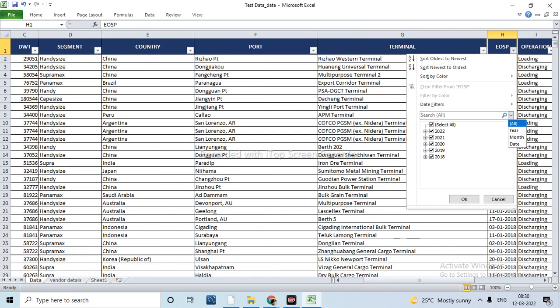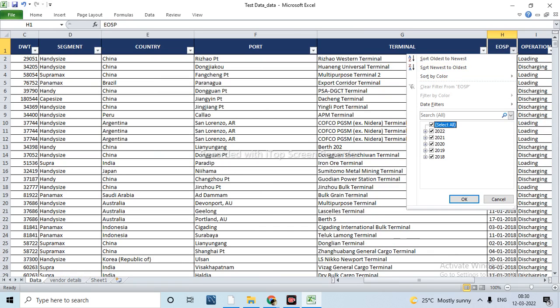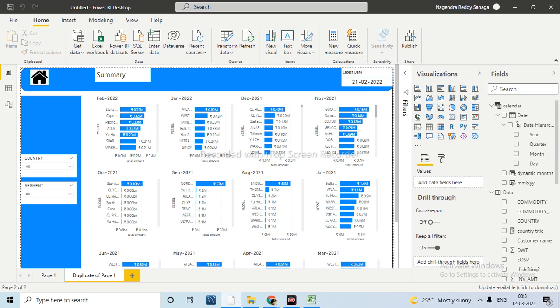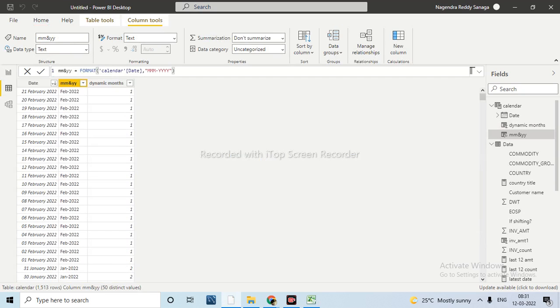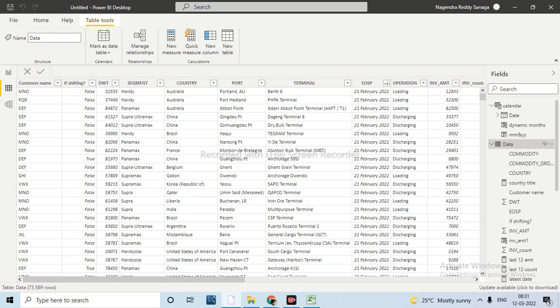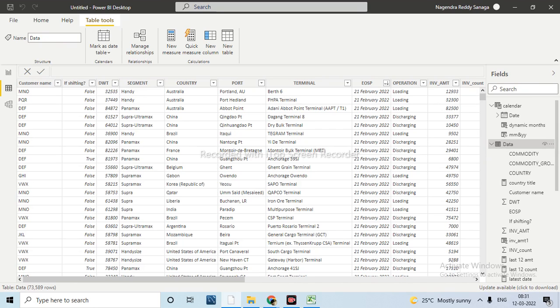Here we still have the February data. February data is not there. One second, then why is it coming? Why are these dates coming? One second. This information is not at all filtered.